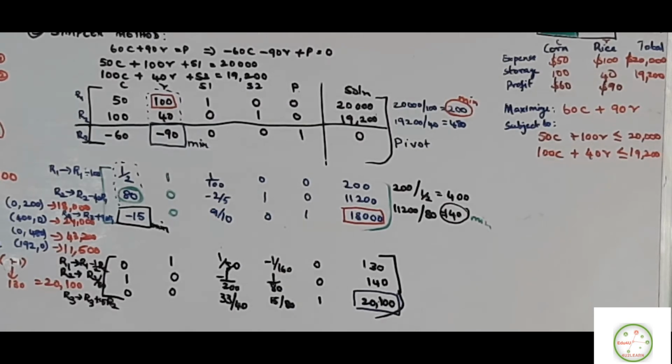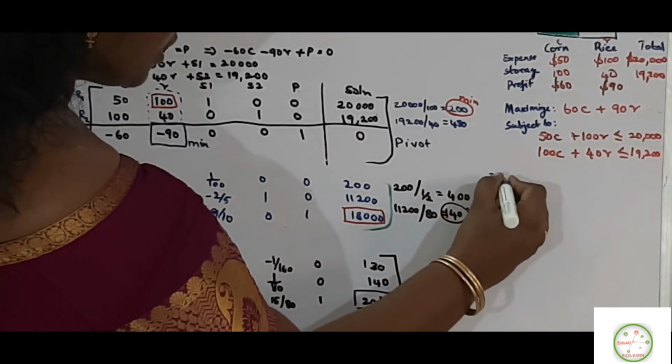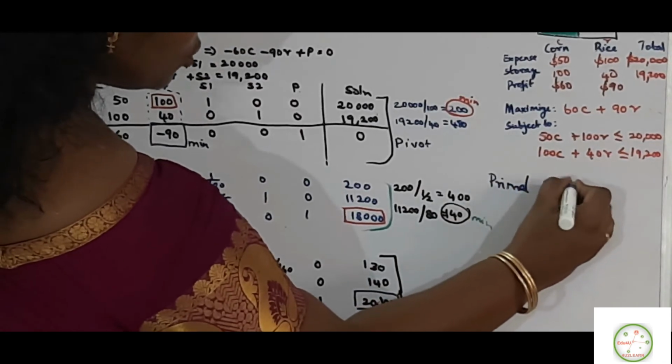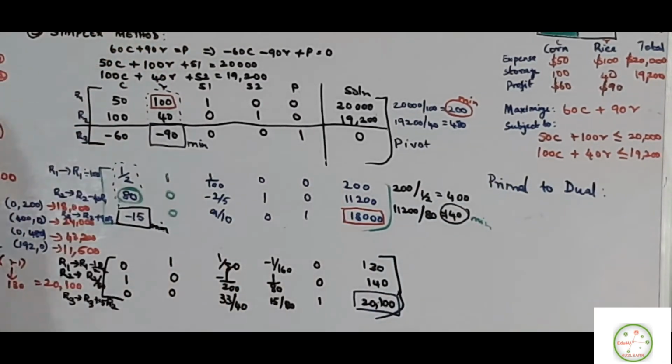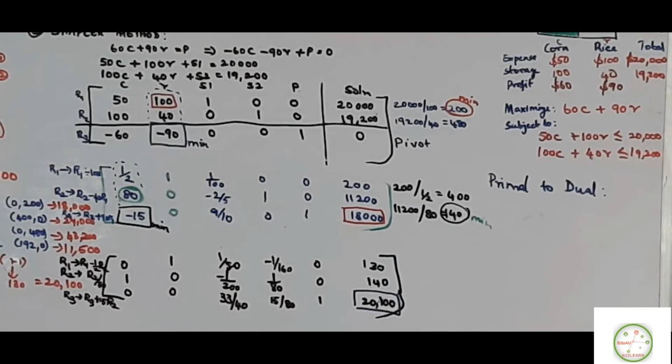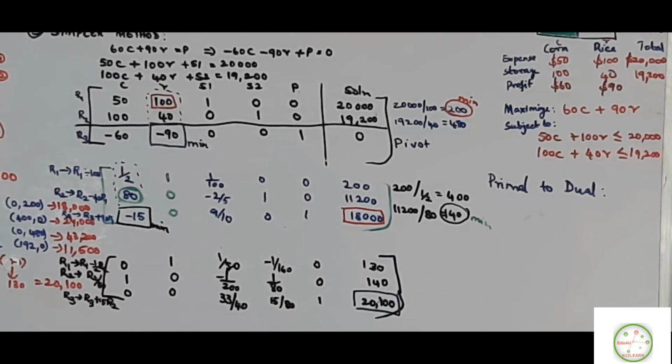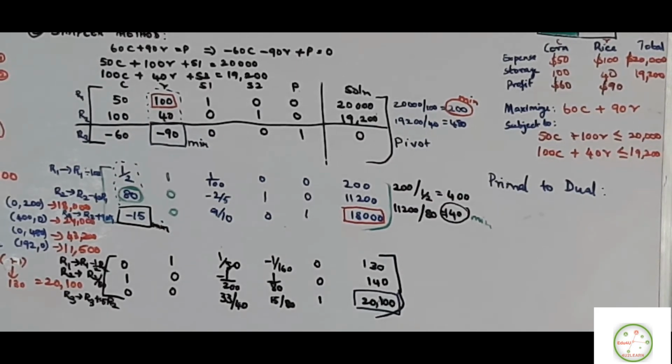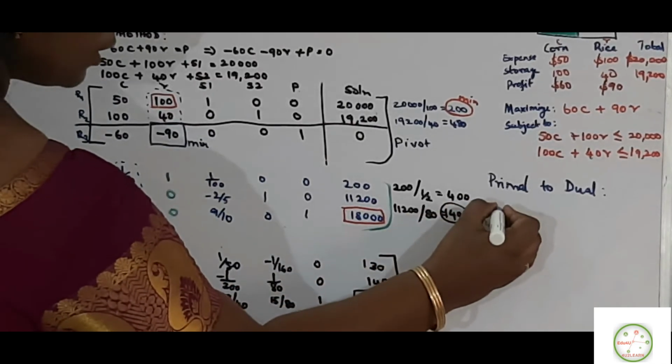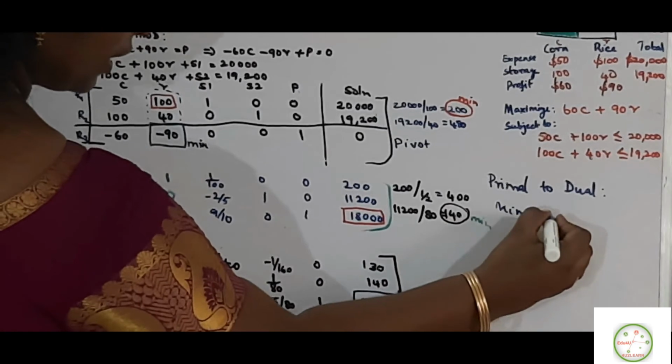So now one more thing. Here this particular problem we have seen in terms of maximization. How do we go about finding it in terms of minimization? We call this concept primal to dual. The factors which are going to be kept into consideration are this 20,000 and 19,200, which are going to influence. So we have to have the minimizing factor as